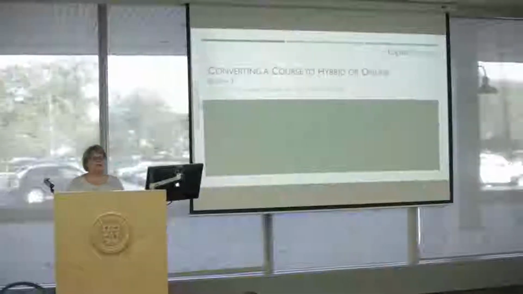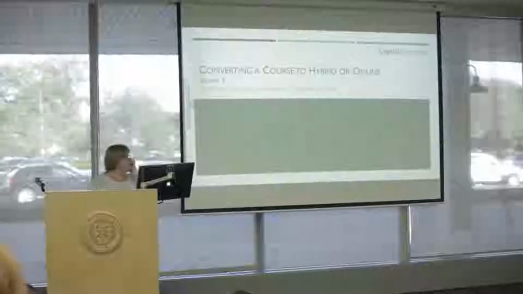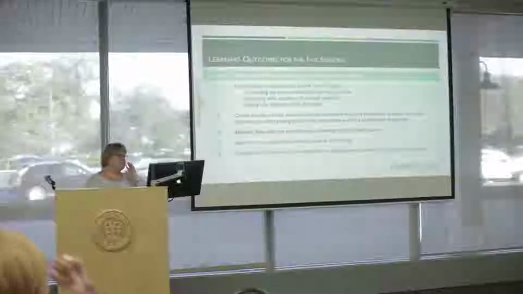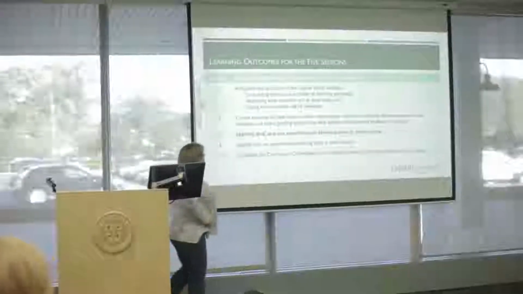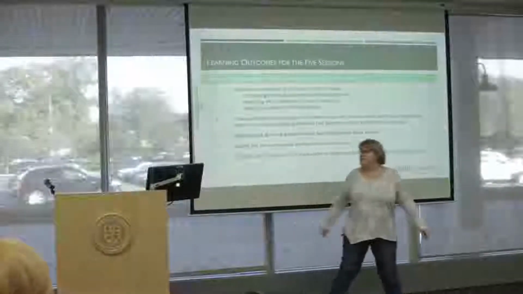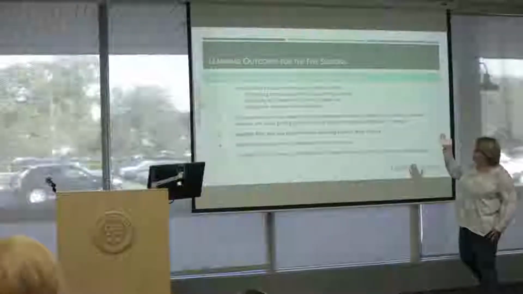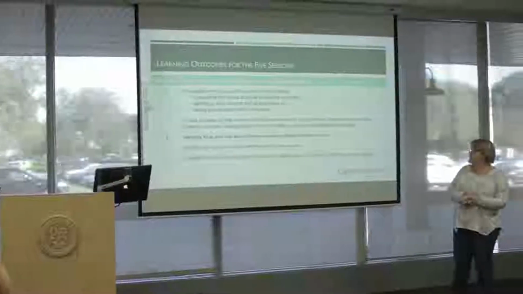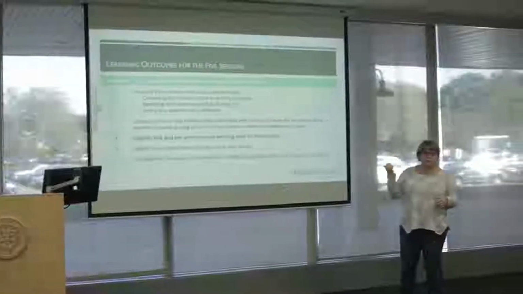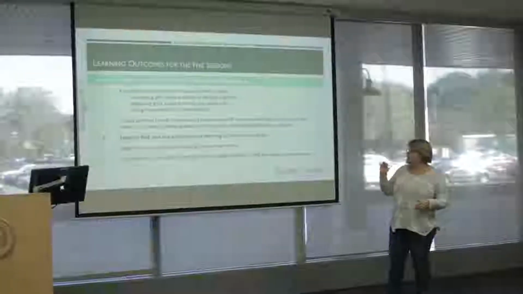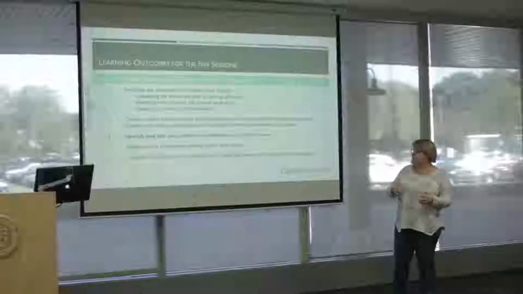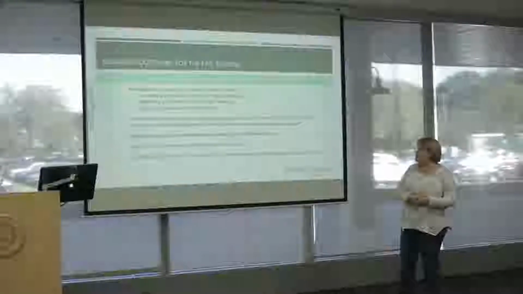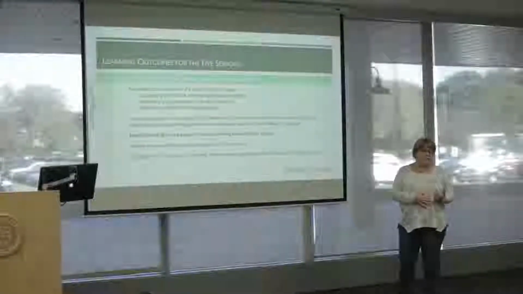All right, so this is session 3 for converting the course to hybrid and online. And I just want to remind everybody of the outcomes for the 5 sessions. So in our first session, we articulated the structure of your course, which included connecting your activities to your learning outcomes, identifying what students will do each week, and then stating how the students will be evaluated. And in our second session, we created activities to help students build relationships with the course content,